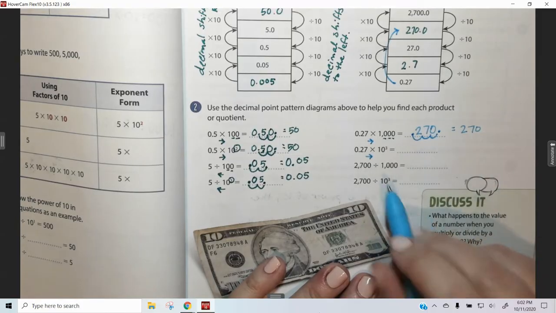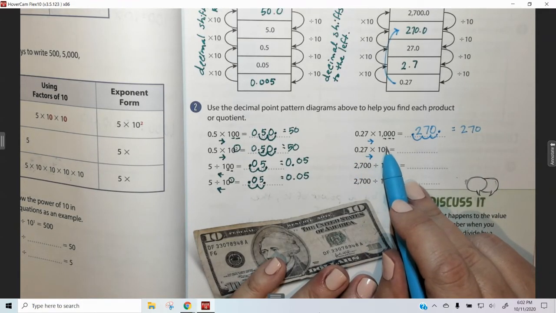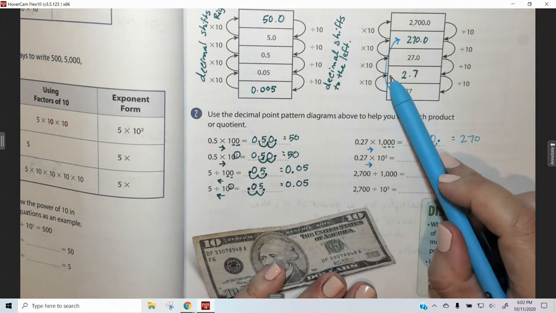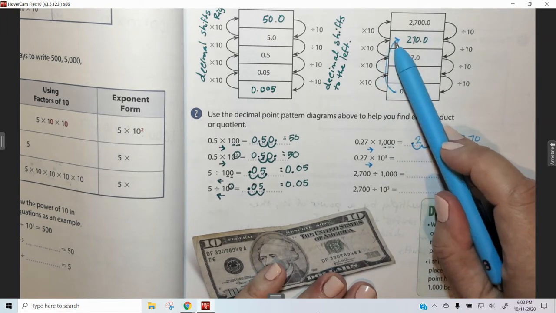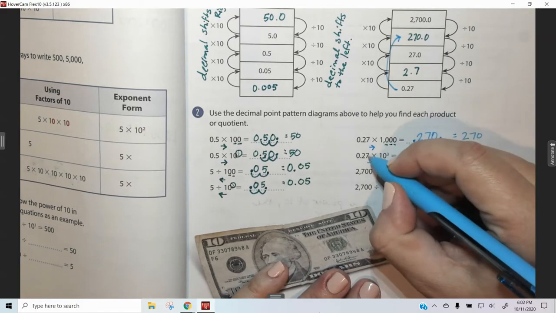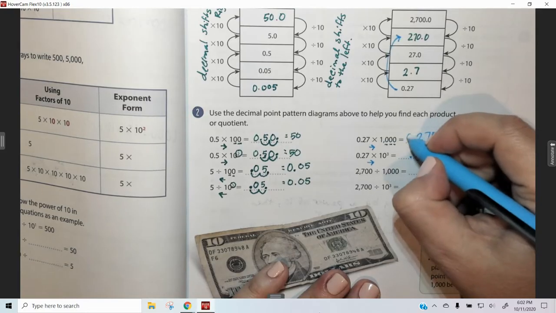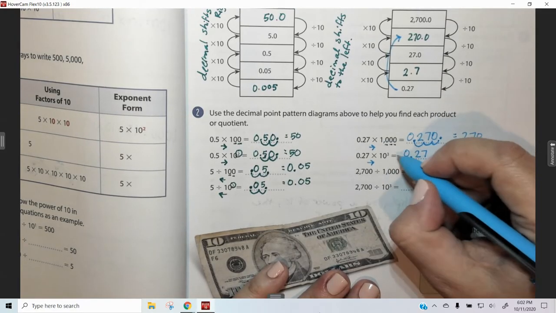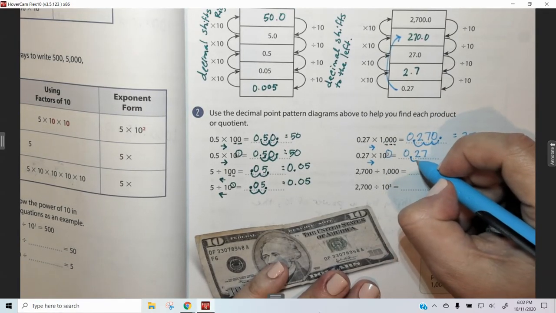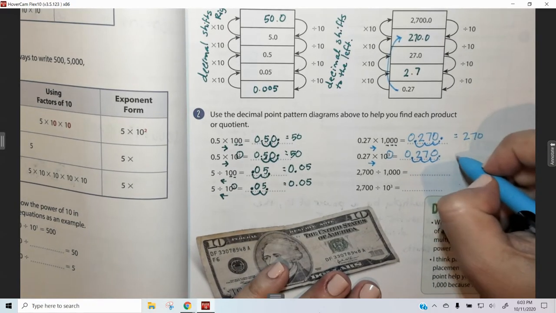Now let's do it. Move the decimal to the right because we're multiplying. 27 hundredths times 10 to the third power, 270. Let's try, and then let's check it the other way. 27 hundredths. Move our decimal over 3 places because our exponent is 3. Fill in our placeholder 0,